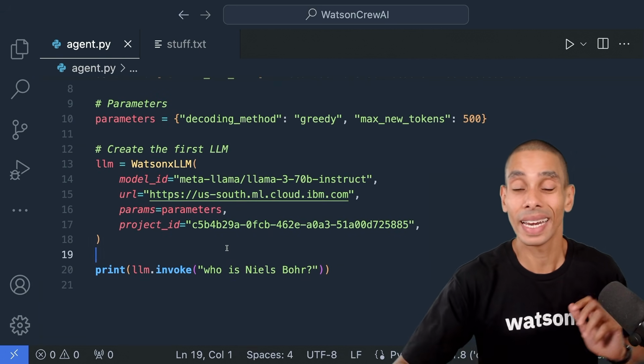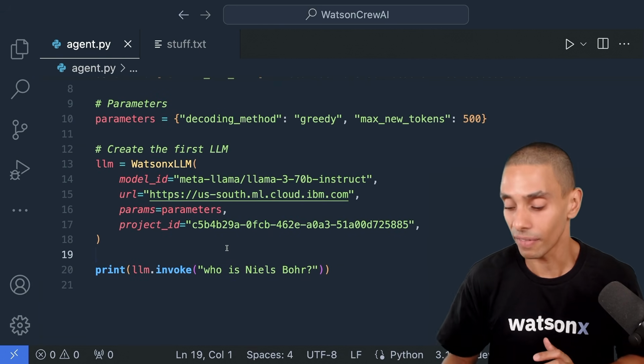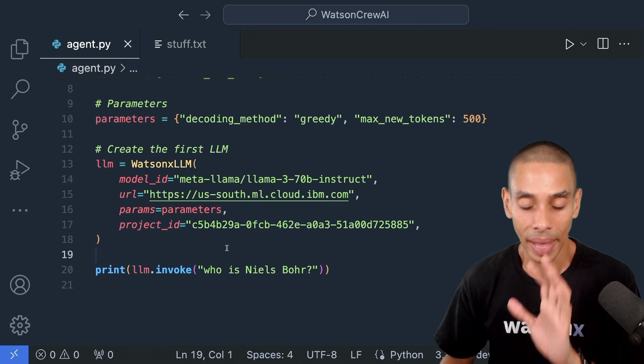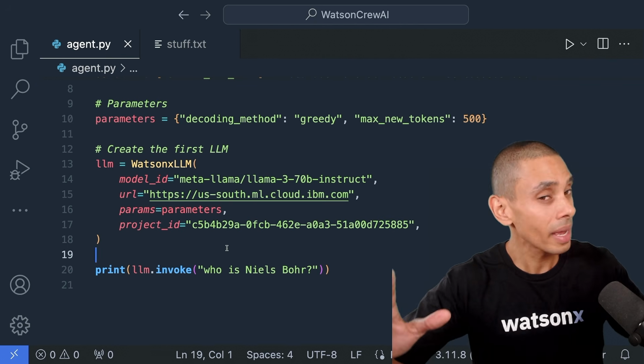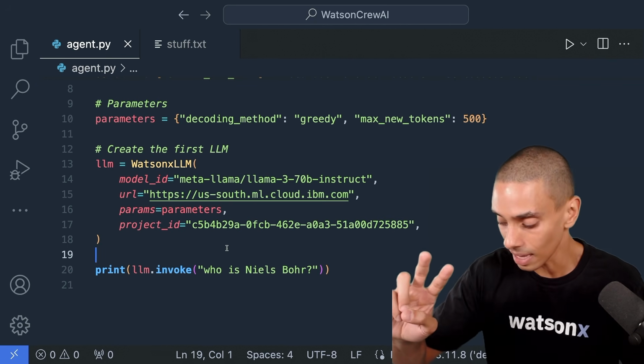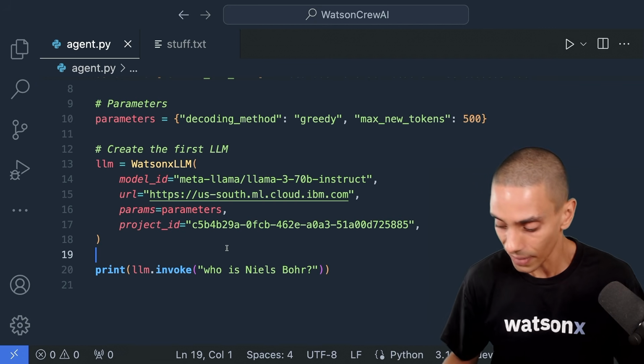Now, I did mention that we're going to need a second LLM, and that's going to handle our function calling. So we're going to go and power on ahead. We've got our LLM set up. Now we're actually going to go on ahead, create our second LLM, and then build our agent. So we're effectively on to part 2.